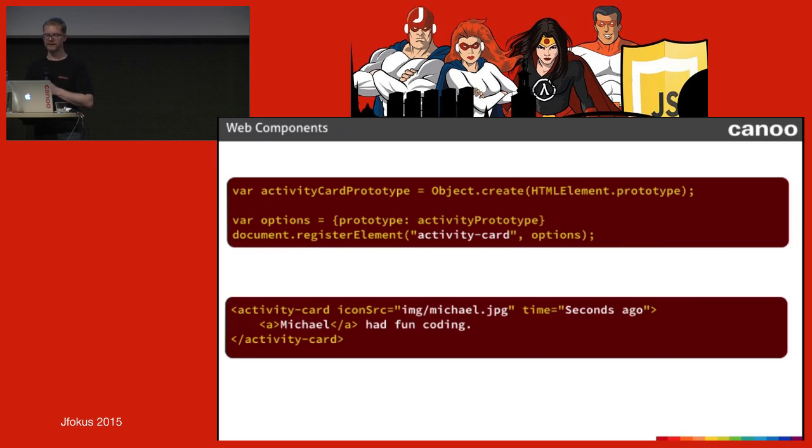How can we use that? Well, we really just get what we wanted. We have this new element, activity card. We can add our own attributes the way we want it, have some content inside, and give all the new functionality that we wanted. Very important at this point is to note that we need to use a dash in the name. That's one of the requirements for